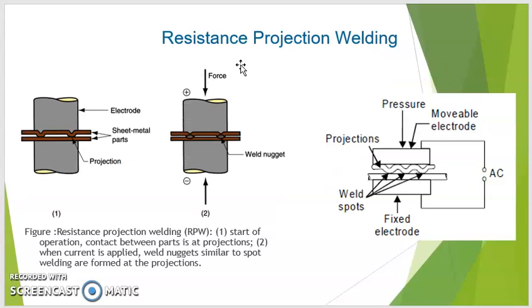Similarly, we have projection welding. What happens in projection welding? The parts to be welded have some projecting parts, and after application of force and switching on the current, the parts are welded at these spots, at the projections. We have a movable electrode and a fixed electrode. The fixed electrode remains in its place, whereas the pressure drops towards the fixed electrode, and the movable electrode moves towards it, resulting in resistance welding occurring at the location of the projections.